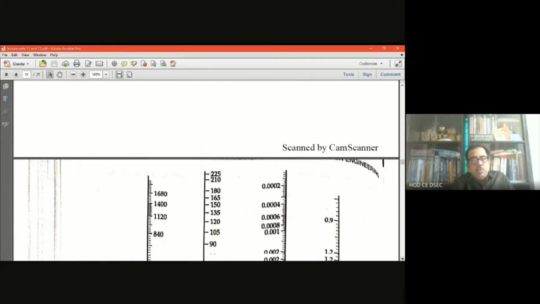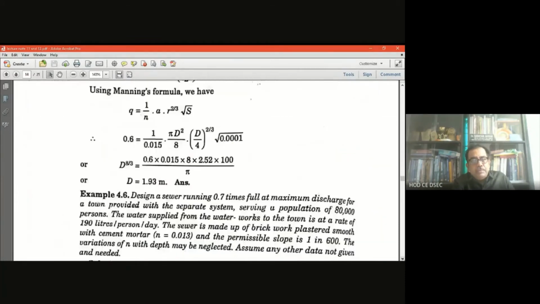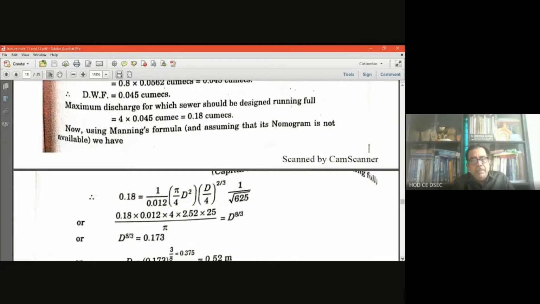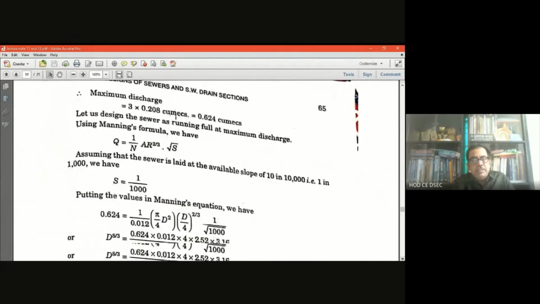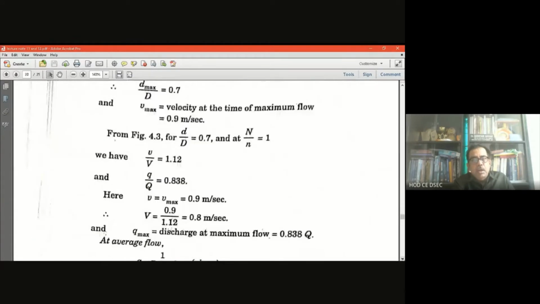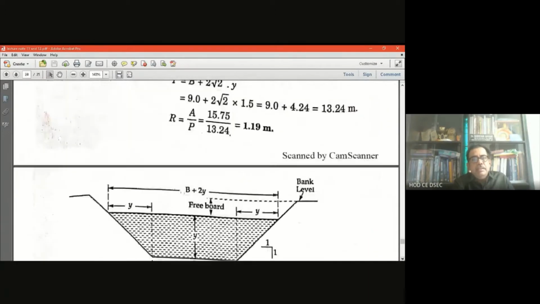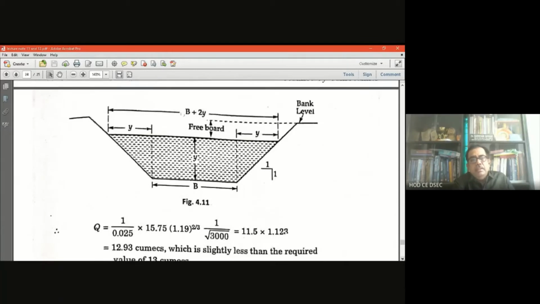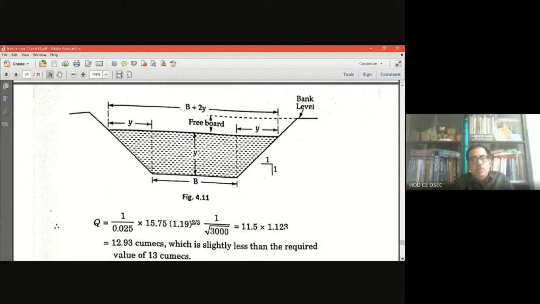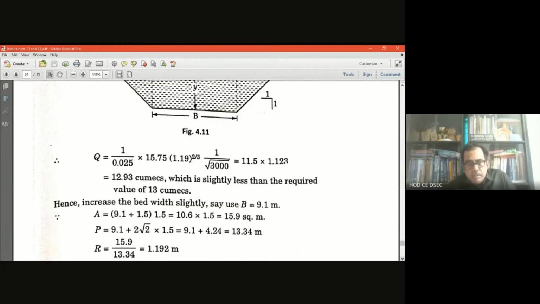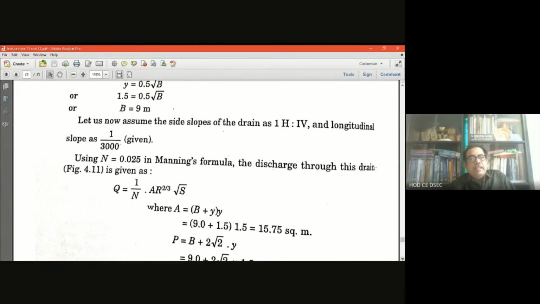Now I am going to show a different type of problem, the design of stormwater drainage. It is an open trapezoidal channel. This is the trapezoidal section where the stormwater flows. Because it is an open channel, I am showing you an open excavated channel with lining, and how to take care of the design of this channel. This is very interesting.